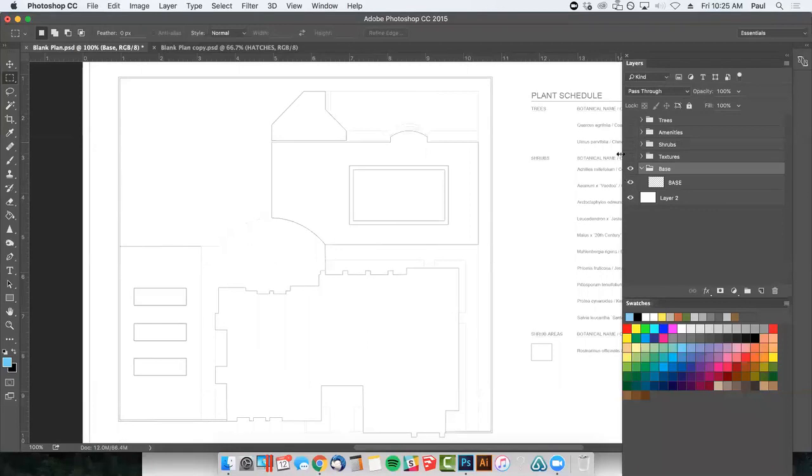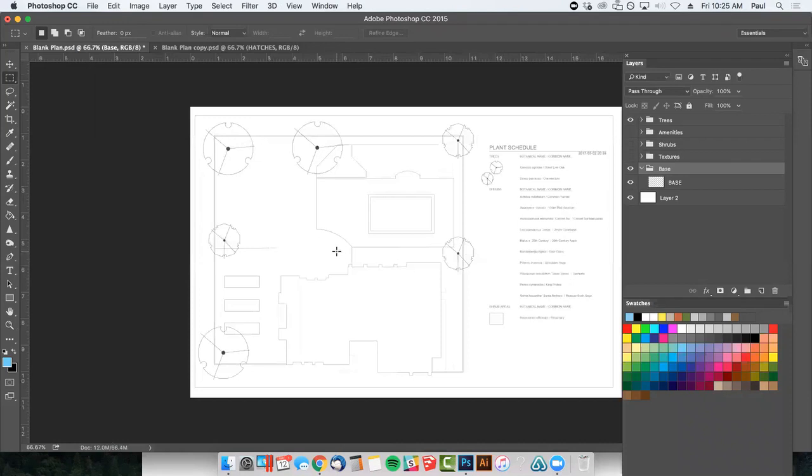So first things first, I'm going to show how to put in our new symbol into this drawing. Basically what I'll do is I'll hide some stuff so it's easier to work with and just leave the trees on in the base. And another thing I did is I put all of those separate PDF layers into their own respective layer folder. This is going to make it easy to keep things organized as we work forward